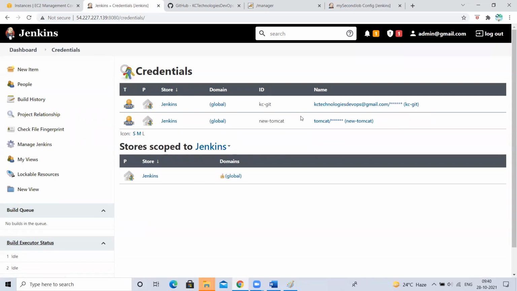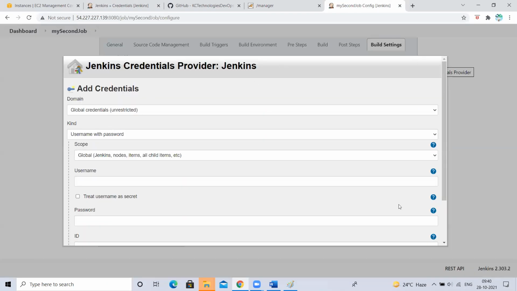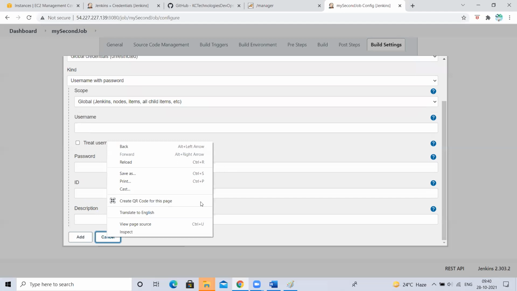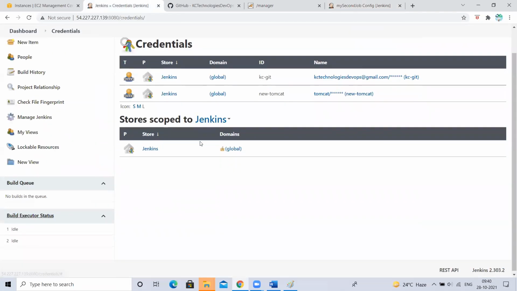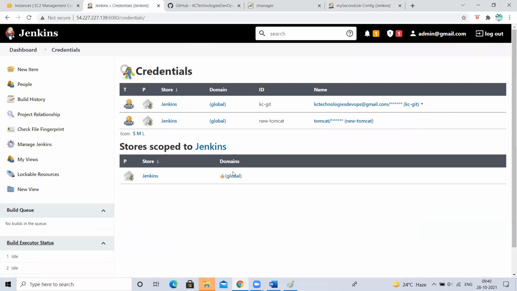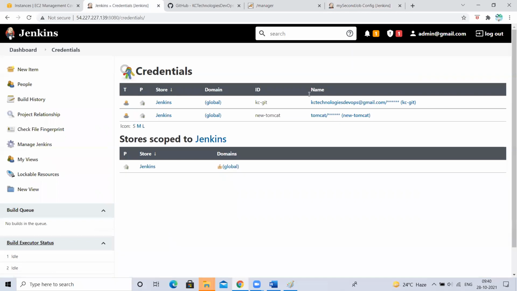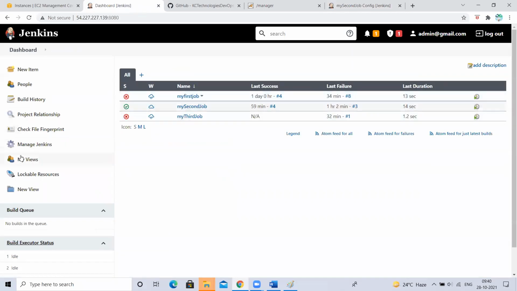I want to create credentials from here. You don't need to go and create from there. There is one option here. Somewhere, I forgot. Credentials, right? There should be one option, I think, here. Okay, I think from here it cannot be created. Let me go to that option. One more option is there, right?